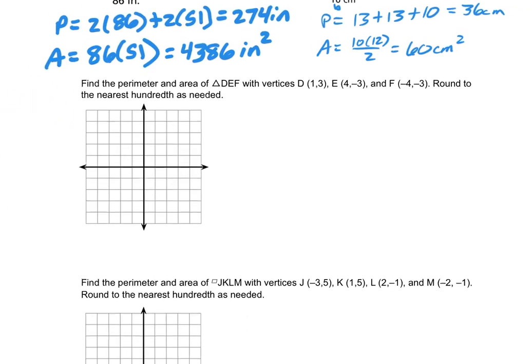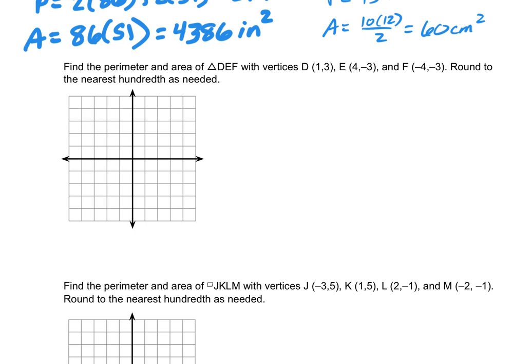All right, so here's where this kind of ties into what we did earlier in the chapter. Earlier in the chapter, we talked about finding the distance and the midpoint of certain things. And we won't necessarily use the midpoint here, but we are going to use distance in certain scenarios. So as we look at this one here, first thing we're going to do is we're going to plot the 3 points that we have. So we're going to go over 1, up 3,